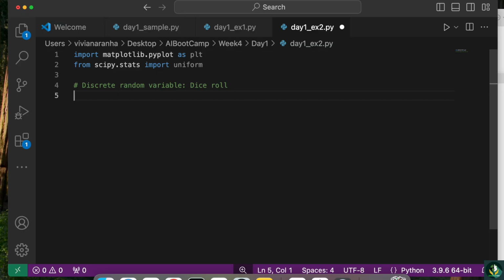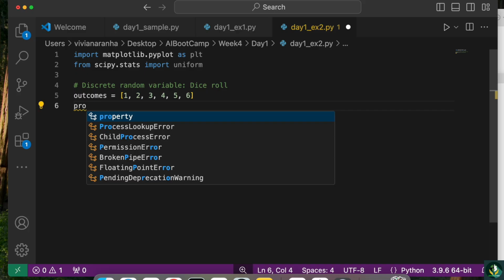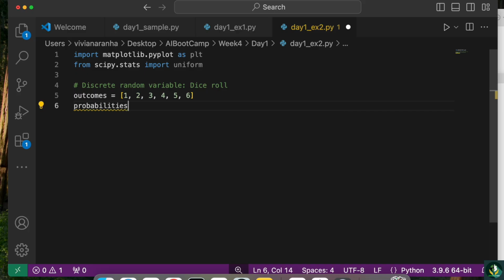Now to do this, I'll put down the outcomes again, equal to, as you know, 1, 2, 3, 4, 5, and 6. Next, let's get the probabilities. Probabilities equal to 1 divided by 6 times 6. Next, let's